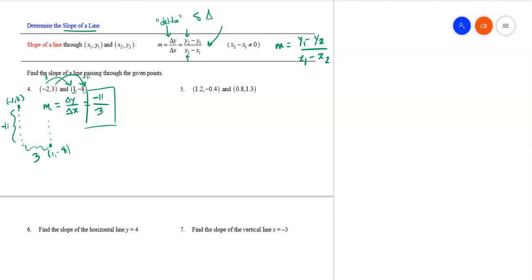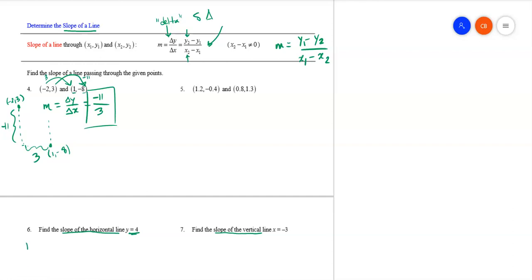And then this is something also that we need to get nailed down once and for all, is this idea of the slope of a horizontal line. What is the slope of a horizontal line? You have to think about it. Do you ever confuse it with the slope of a vertical line? Do you have trouble remembering which one is which? I know that it's possible, but here the slope of a horizontal line, in particular we're talking about the line